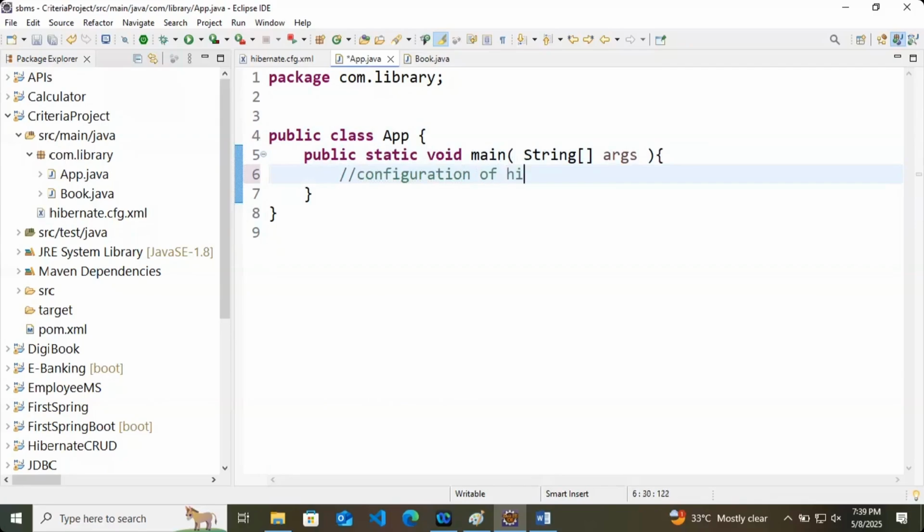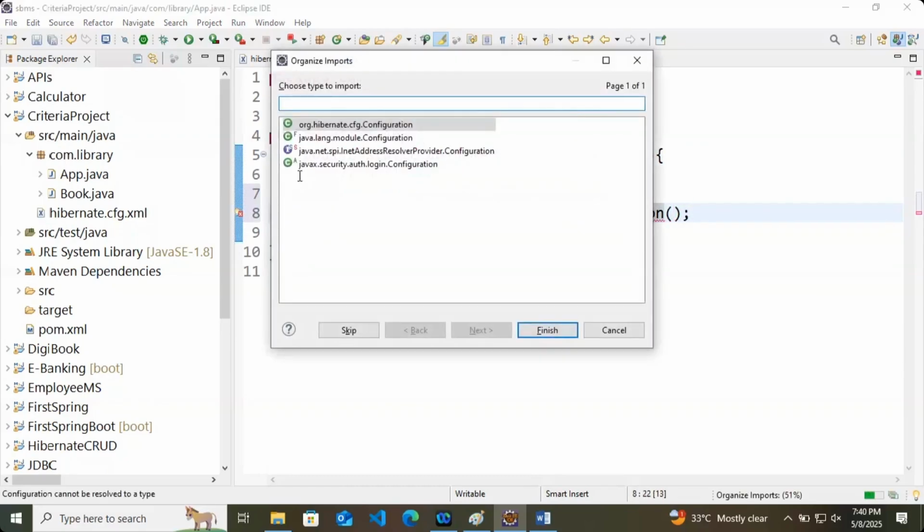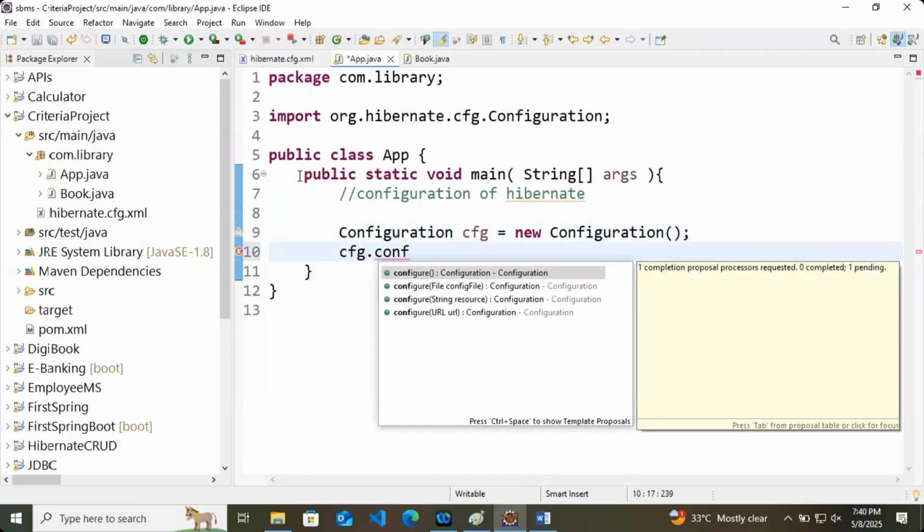As we have one configuration class, Configuration cfg equals new Configuration, importing the Configuration class from Hibernate, then saying cfg.configure.